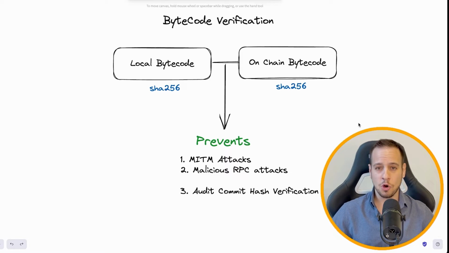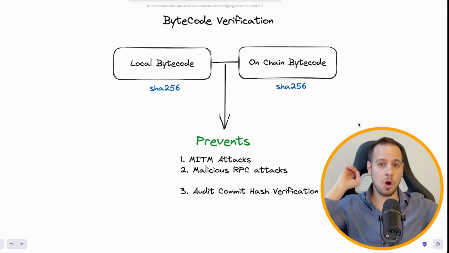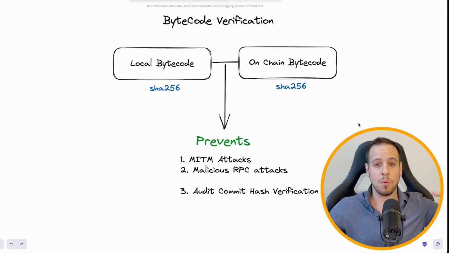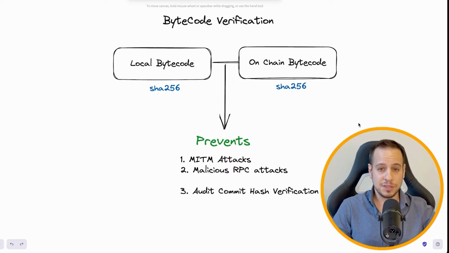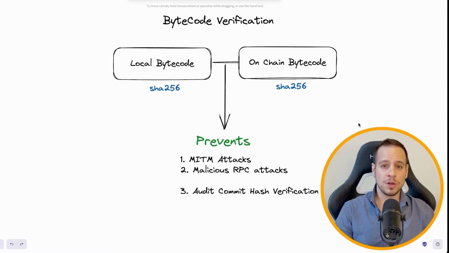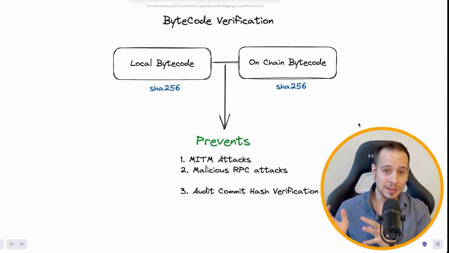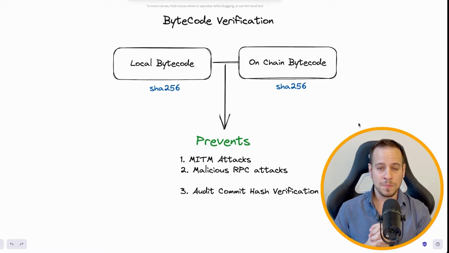So if there is someone in your Wi-Fi network who is overriding your packets and somehow causing you to think that you deployed your smart contracts, but he deploys a modified version of the bytecode of the smart contract and then takes control over this on-chain deployed contract, then this is a very dangerous attack. And by doing this bytecode verification, we can avoid it. Also, we know that there are some malicious RPCs that might, again, modify and change the bytecode before being deployed to the blockchain. So using this feature that is built into the Defender 2.0 deploy module, you can make sure that